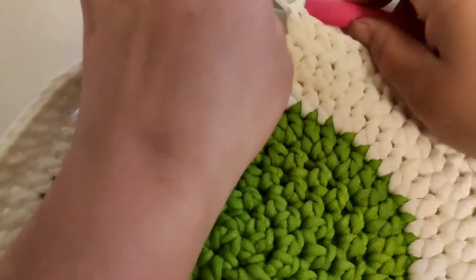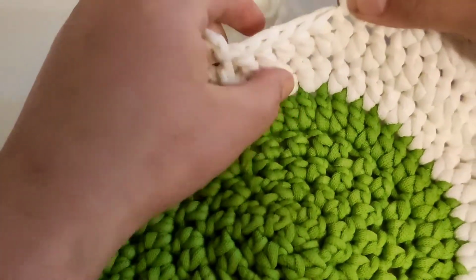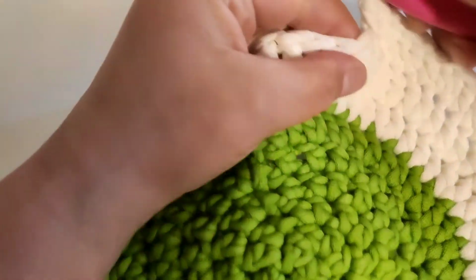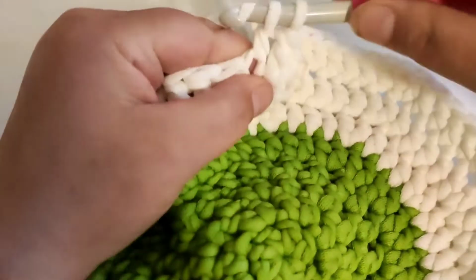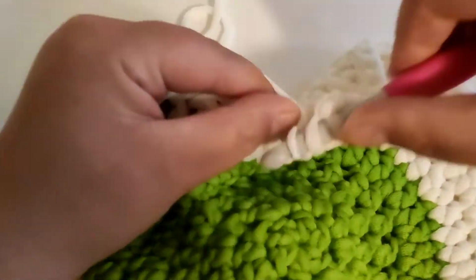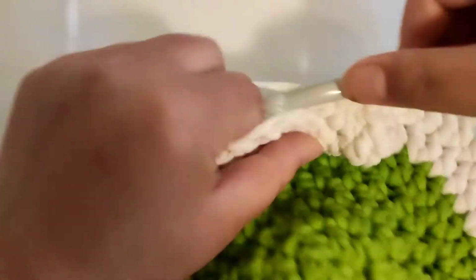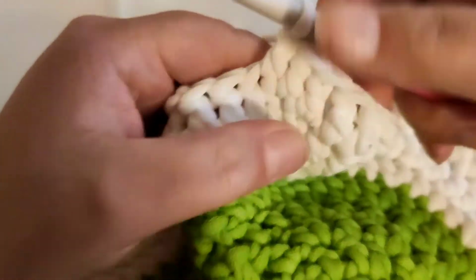Okay, so I'm back, and as you can see, this is so big that it won't fit in the frame, so I'm just going to finish the last few stitches with you, and then we'll use the wide angle lens to kind of give you a better angle. So you should be, for this round, ending in a remainder of 5 stitches. And then each of those 5 stitches is just going to get 1 double crochet in each of the 5 stitches. So we've done 1, 2, 3, because this is the increase,